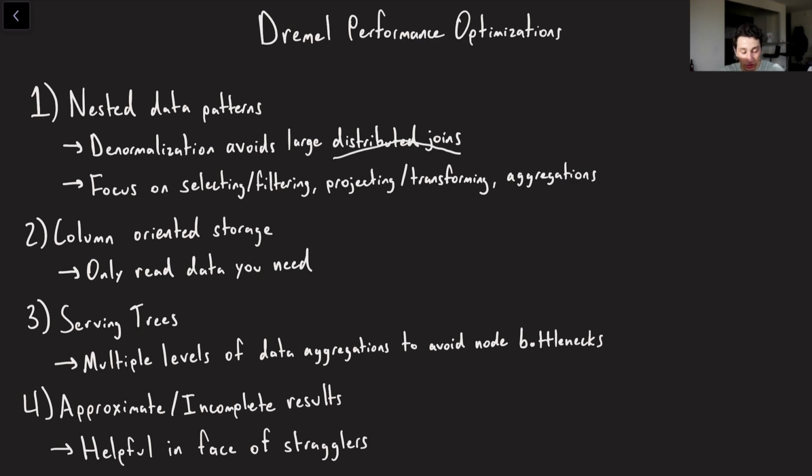So we avoid these distributed joins, and ideally the majority of Dremel queries are going to allow us to focus on these major aggregation queries, where we do one pass over the data, we do some selecting and then maybe filter down that data a little bit with where clauses. We might do some projecting or transforming the data with the select blank from whatever. And then finally, we might aggregate it, right? Things like sums, group bys, anything like that. We're basically taking a large amount of data and condensing it into a much smaller bit of it.